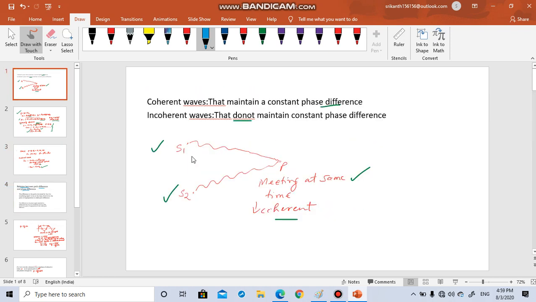here there is a source which is creating disturbance. So there is a wave which is traveling from this point, and there is another wave which is traveling from source 2. They both are meeting at P. They both may meet at the same time, or they may meet at different times also. Let us say S2 traveled 3 meters and S1 traveled 2 meters to reach that point. So definitely there is a path difference. So we are talking about that path difference.